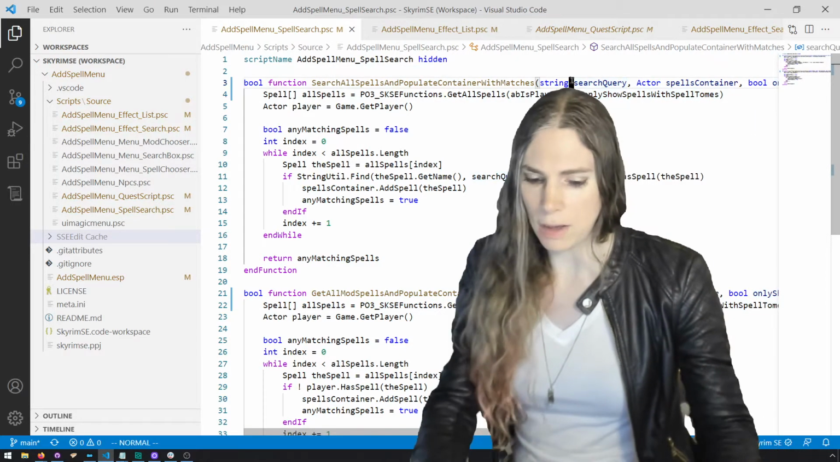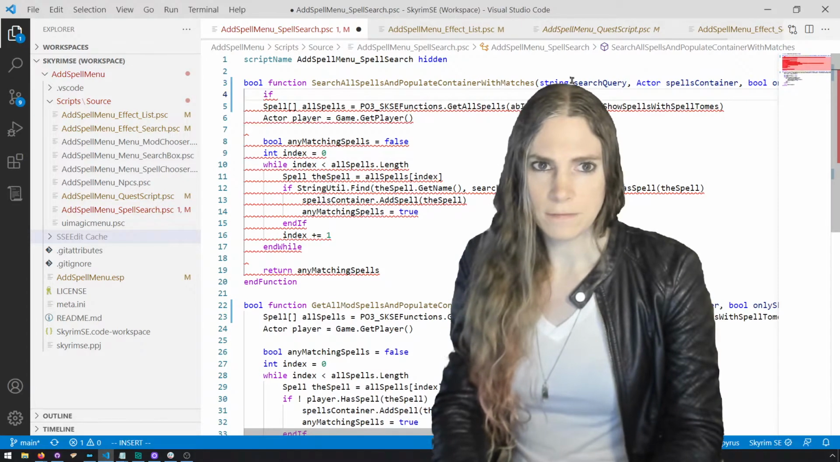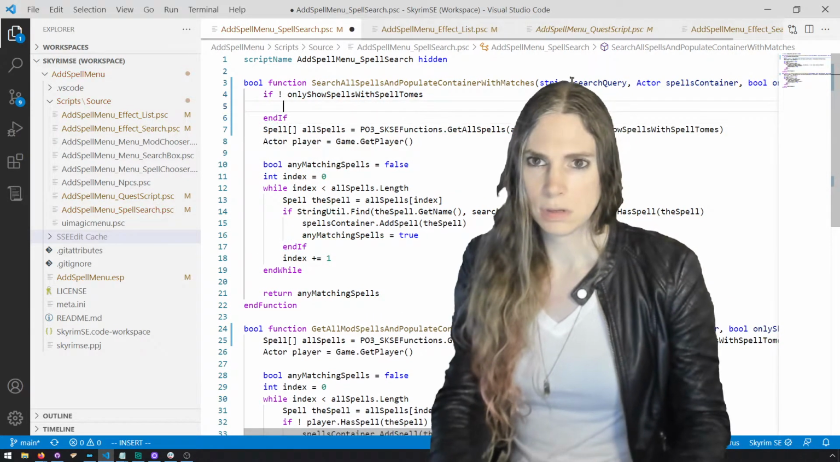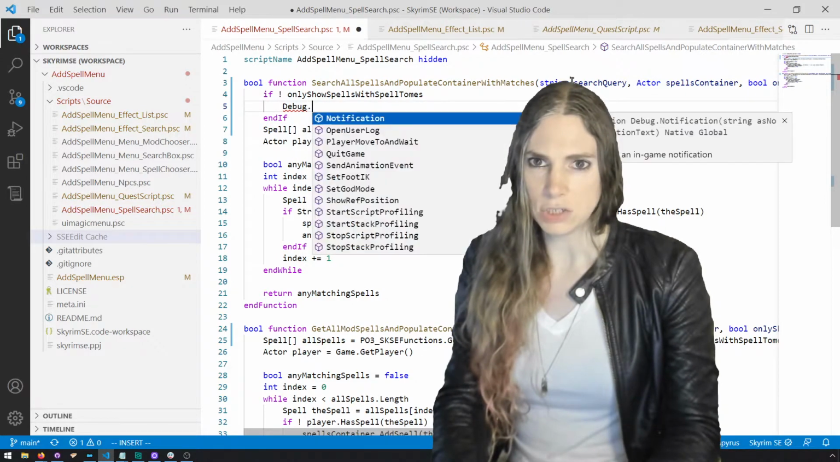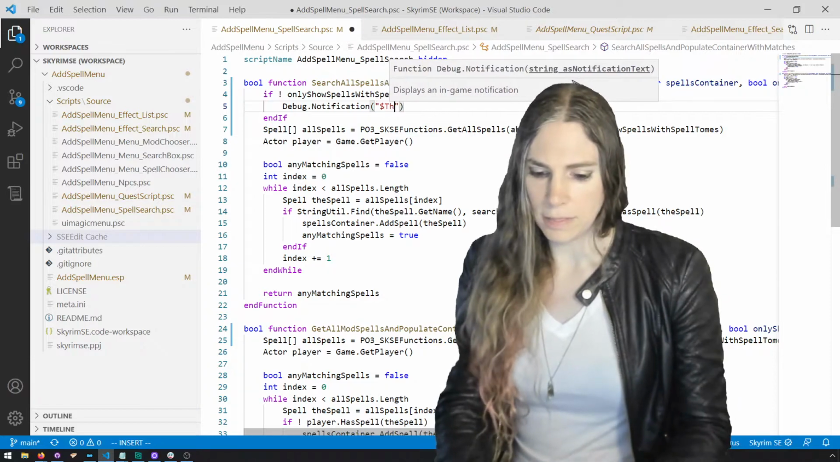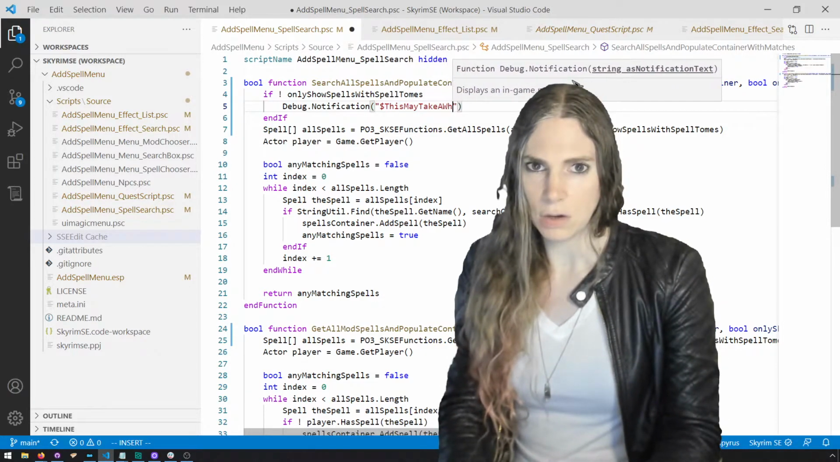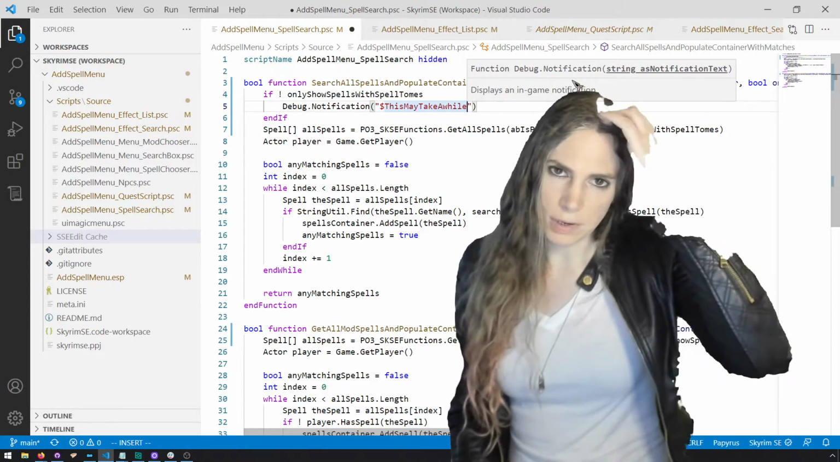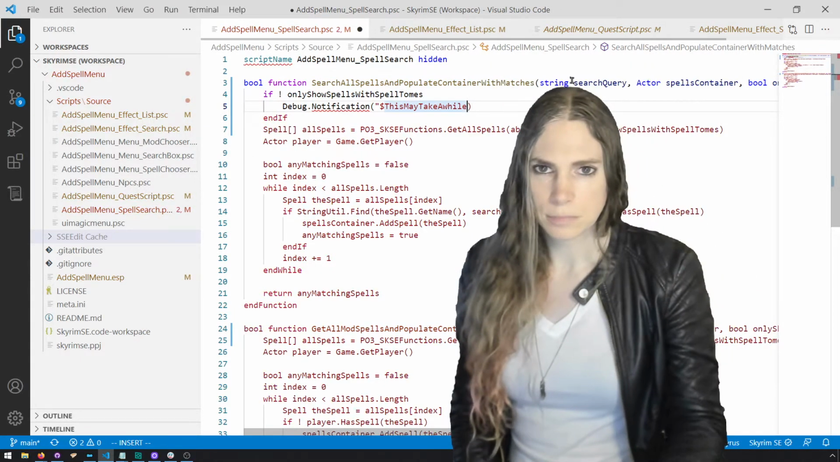we'll say if not only show the spells with spell tomes, debug notification, and we'll say this may take a while. I kind of want to put it into a translation file, but let's just say